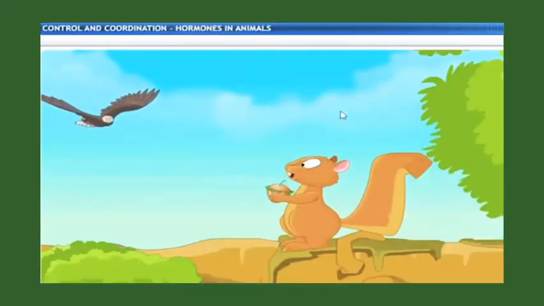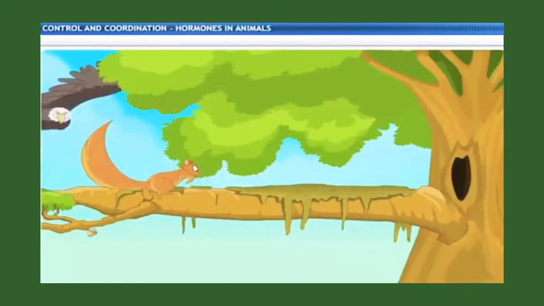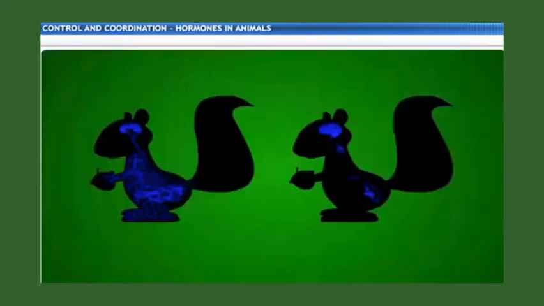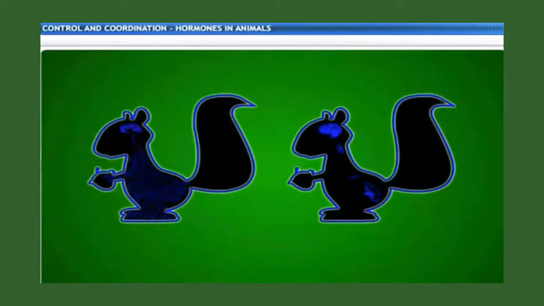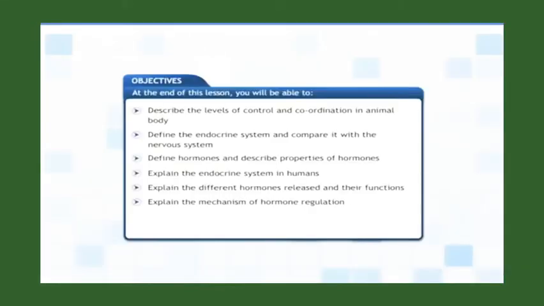Wonder how the squirrel was able to react so quickly and escape from the eagle's claws? This lesson is about control and coordination in animal bodies, which includes the nervous system and the endocrine system. In this lesson, you will learn about the endocrine system in animals. At the end of this lesson, you will be able to describe the levels of control and coordination in the animal body,